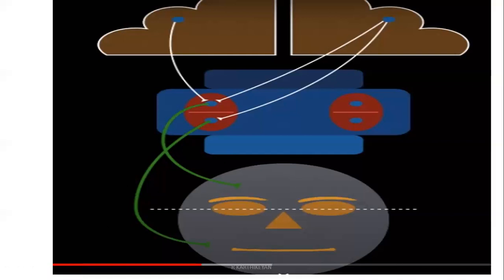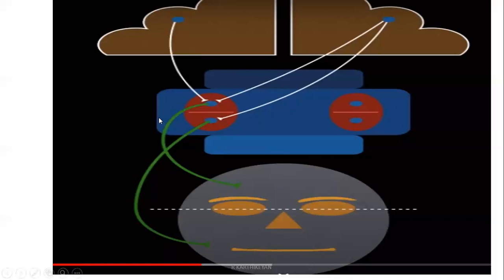So we should be diagnosing whether the patient is having a UMN, that is an upper motor neuron lesion, or a lower motor neuron lesion. That is, if the lesion is above the nucleus, either here or here or here, or he is going to have a lesion below the nucleus. If you are going to diagnose this, it is more than enough for the doctor to treat the patient. So how will you diagnose this?